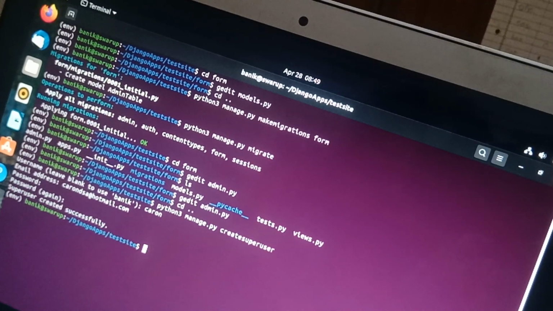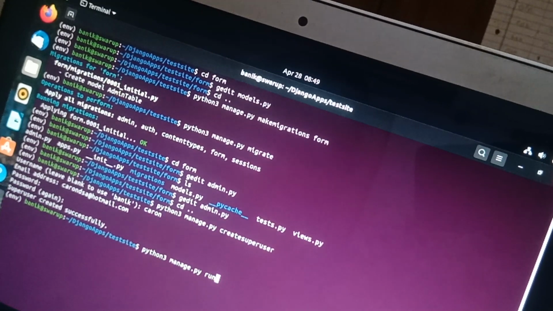So a user named Karen is created. So we'll go and run that. Now I will run the server. How to run the server? python3 manage.py runserver.